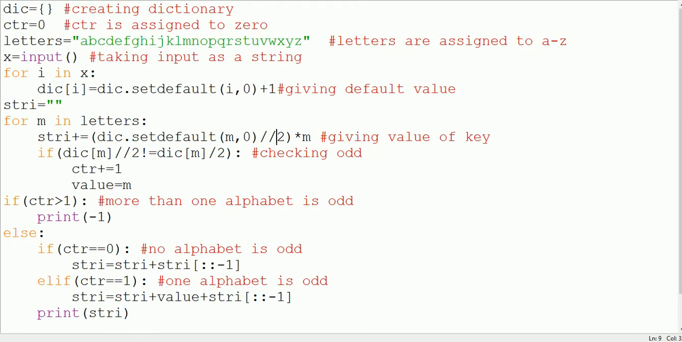If the value of the key is 2, or larger than 2, or a multiple of 2, then it is an even number. If it is not a multiple of 2, then it is an odd number. So if it is a multiple of 2, or even, then the value goes to the string. If it is odd, then m is transferred to the middle value. At last, if the count is greater than 1, it means the string has more than one letter with an odd count,